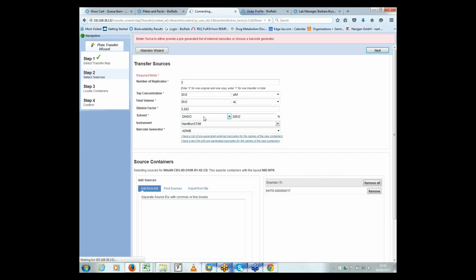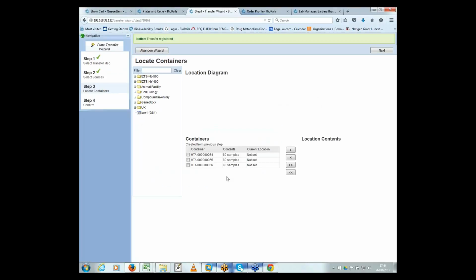It checks to see if there's enough moles of material in the source tubes to make up the final plate. It also checks to make sure that the volume of the final well doesn't exceed the maximum volume of the container. So here from that one source matrix tube rack with the 8 samples on it, I've generated 3 plates,